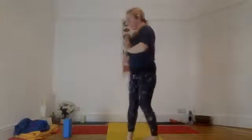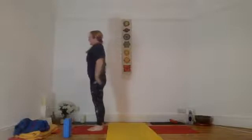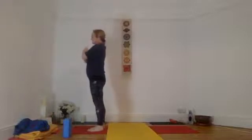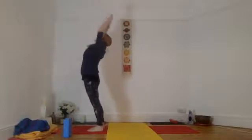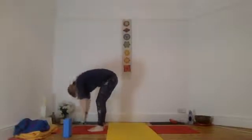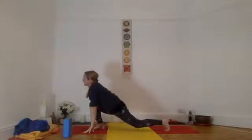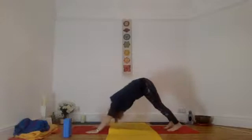Okay, so if you're not sure about that, I'm going to continue doing it, but side on. So second pair. Because I move position, I'll just breathe in, breathe out, ground, visualize the sun rising, breathe in, arms down, and then up and look up, back arch, breathe out and down, forward bend, you can bend the knees, breathe in, left foot back, looking forward, breathe out into downward facing dog,